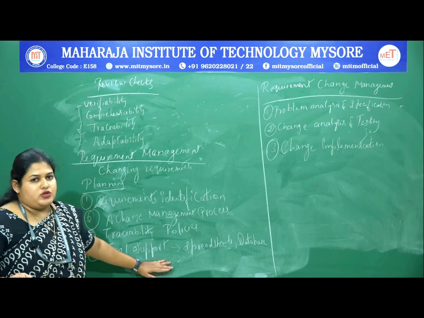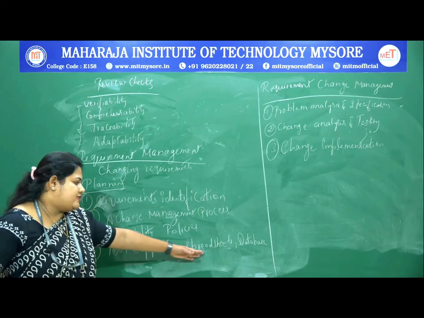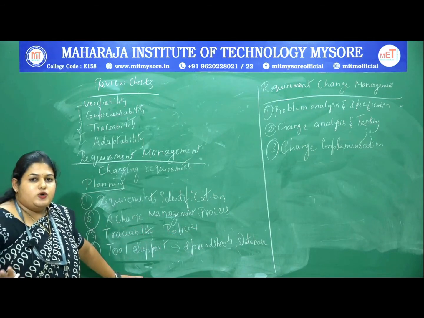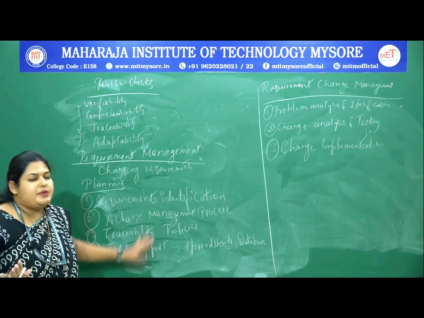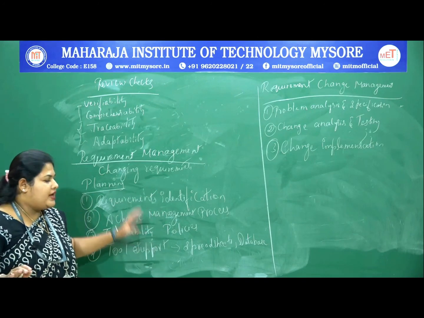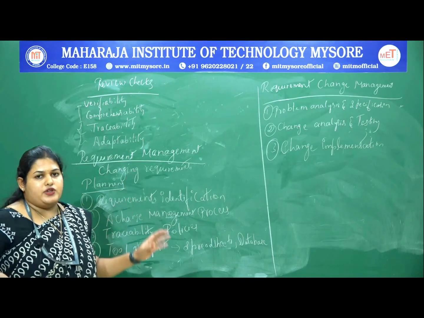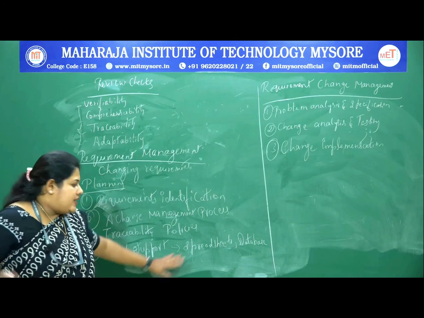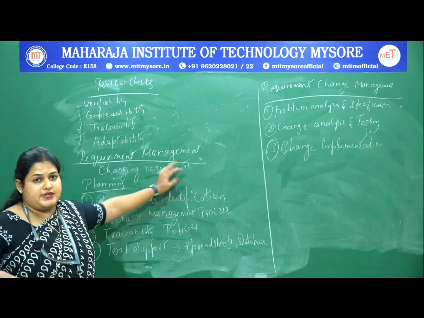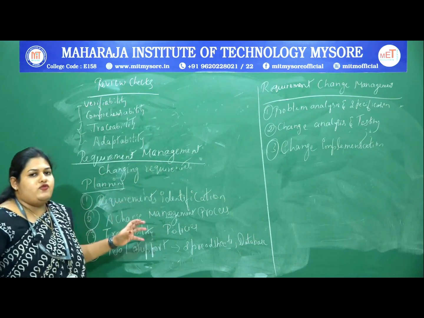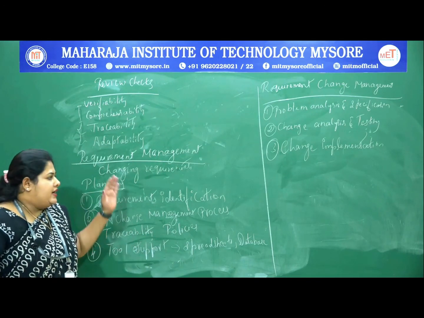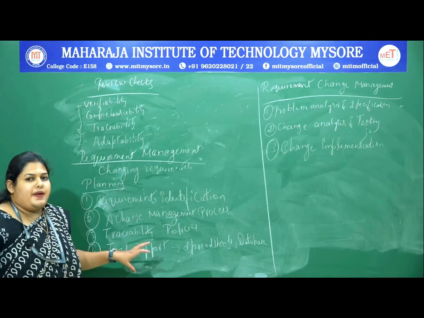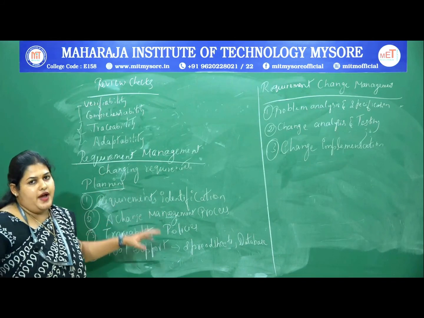Then tool support. It might be other kinds of tools, spreadsheets, or a database. That's why the platform plays a major role while choosing the requirements. The engineer should know what the platform is going to handle, which database systems it should accept, or what types of new tool support should support the requirements. So that also plays a major role. On the basis of the platform and the software process model, he will get an idea and accordingly start working. So this is how requirement management, where the planning process occurs, works.